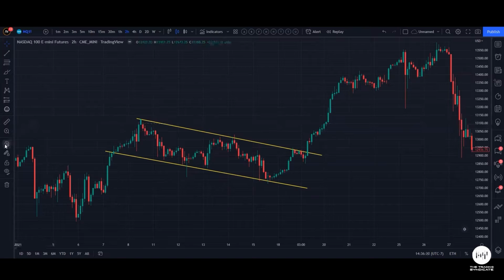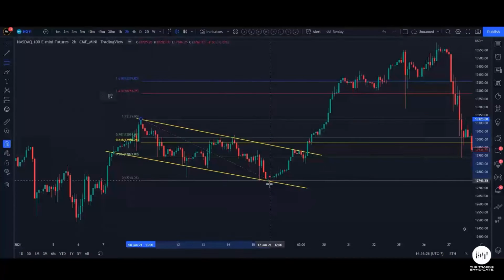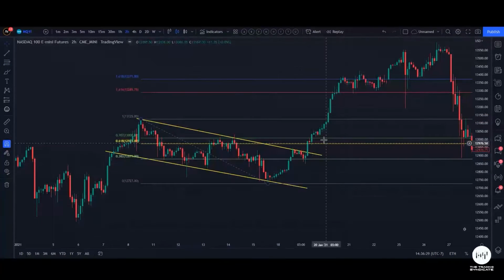Now, same thing goes here. To look for an entry point, go ahead and identify it using your Fibonacci retracement tool, going from the high of the pattern to the low of the pattern. And once you get that candlestick close above the 0.707 level, then you're going to go ahead and enter there with a price target at the 1.414 and 1.618 level, all while setting a stop loss at the pattern low. Notice this was once again a nice little move, a very clean move after the breakout of the 0.707 level,